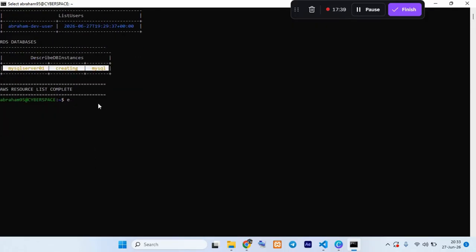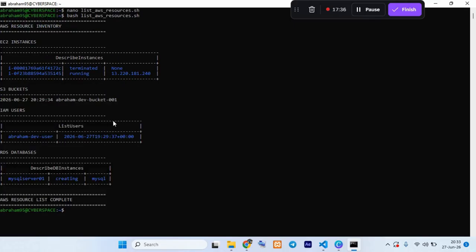So the next task, which is our third task. We've performed two tasks already. The third one is to delete. Nano. If you want to create a file, remove_aws_resources